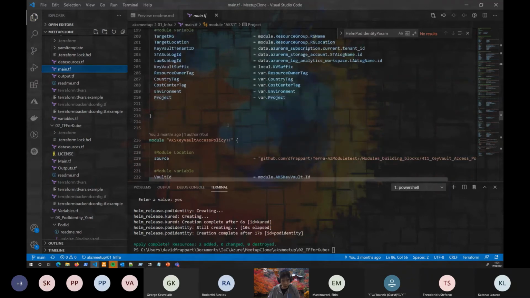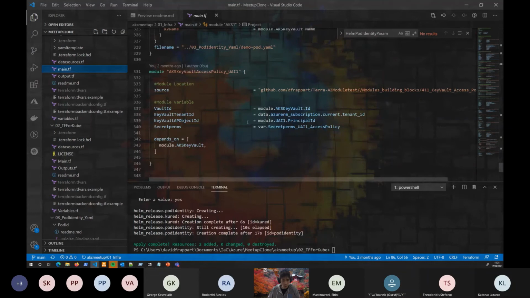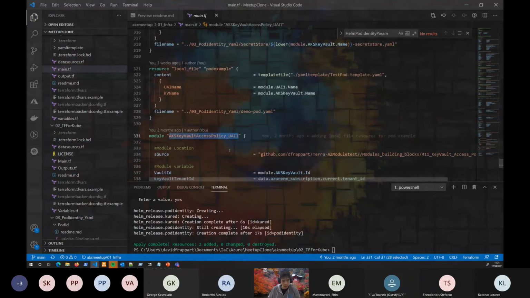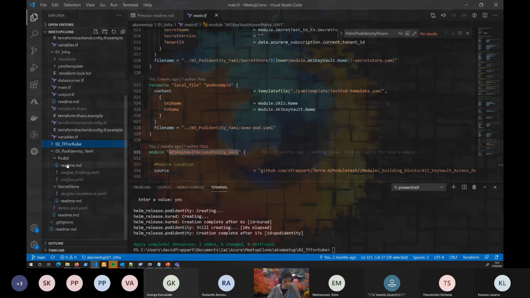Also, I have a few things over there, an access policy for my user assigned identity, which is the user assigned identity that I created in my plan, so that I will be able to grant the correct access. And I also have some files that are provisioned here, which I will use to create my user assigned identity in Kubernetes.